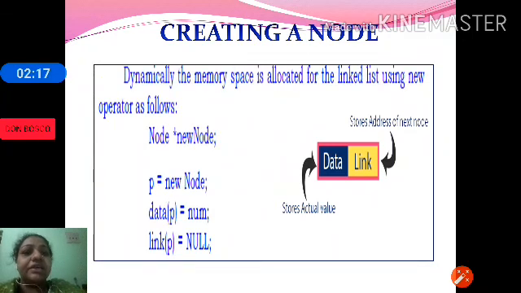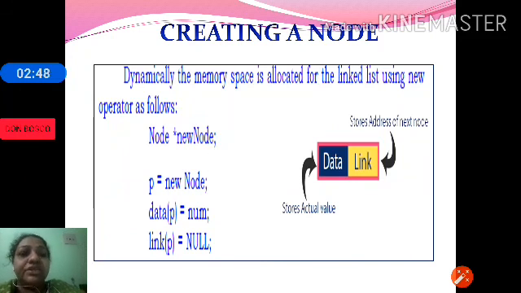Let us see in the program how we can create a node. Dynamically, the memory space is allocated for the linked list using the new operator: node, new node. So we are creating a node called new node. P is equal to new node, so P stands for the new node.